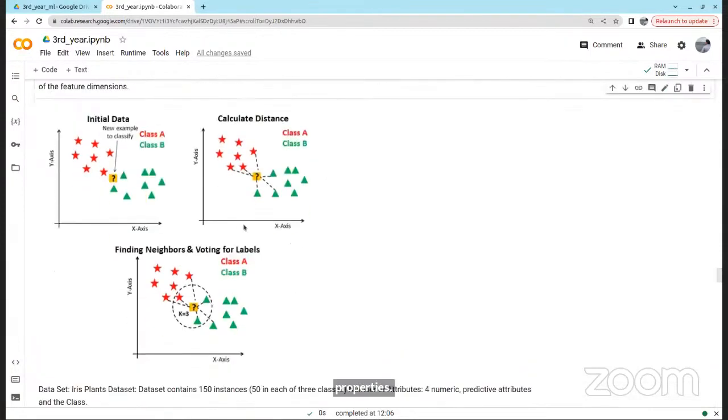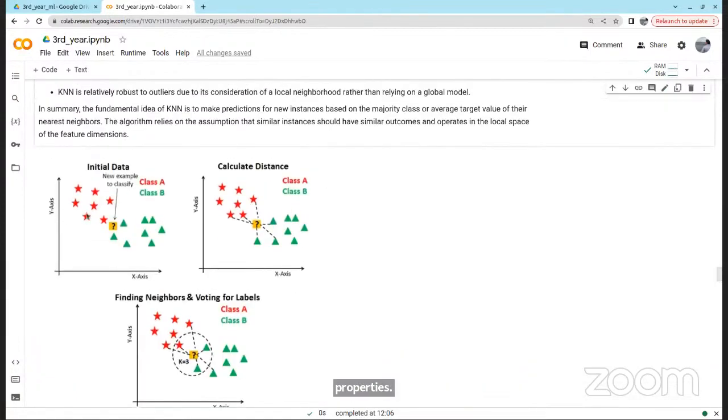Let's say this is the data that you have, then you have these points. All those red points are close to each other. All these green points are close to each other. That means the points which are close to each other will have similar properties.